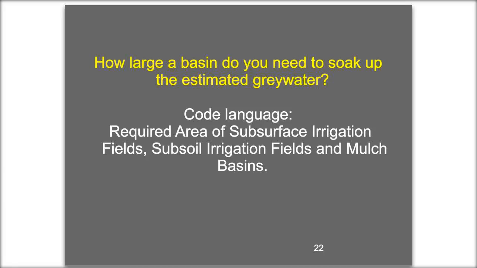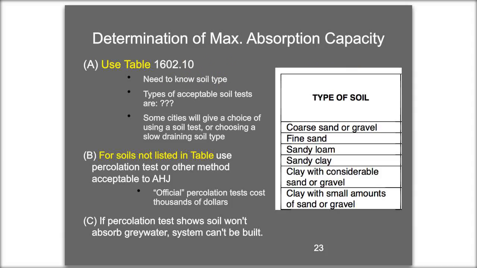So the words in yellow, how large a basin do you need to soak up the estimated gray water? That's really what you're trying to figure out. How the code speaks about it, it says the required area of subsurface irrigation fields, subsoil irrigation fields, and mulch basins. So that's the section of the code that you are going to be looking in. And there is a table in the code, and that helps you determine the maximum absorption capacity of the soils. So the table